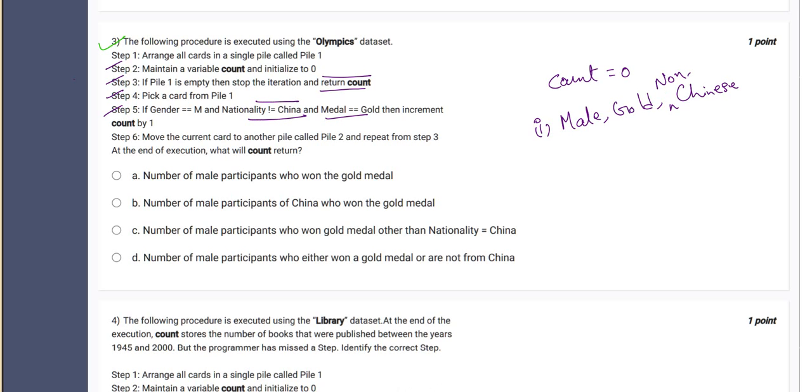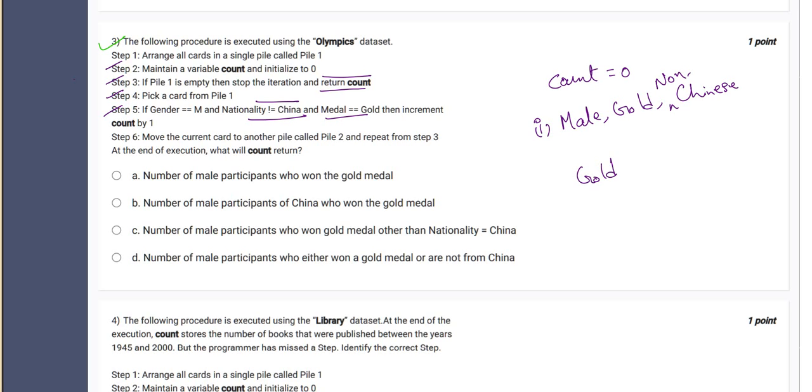So in that case we will increment count with 1. So what will count return, or what will the value of count be? The value of count will store that result, which is a combination of all these three statements together. So it should be